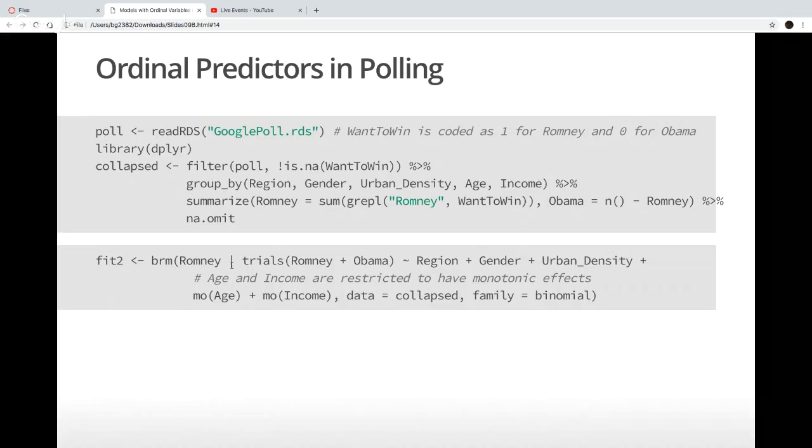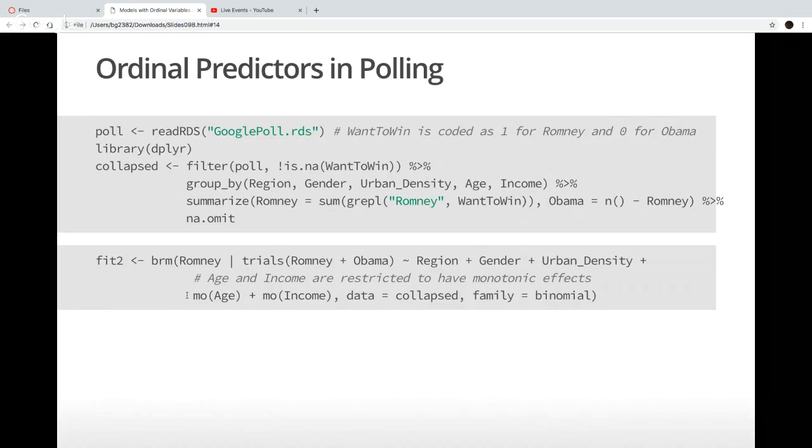Women are more likely to favor Democratic candidates than men are, so we could put informative priors on those sorts of things. Urban density is another one: rural areas are more likely to favor the Republican in most states. But what I wanted to show was how we can use the mo function to put a monotonic effect on age and income, both of which are probably well justified by other literature. Older people are more likely to favor the Republican,